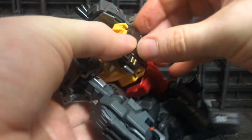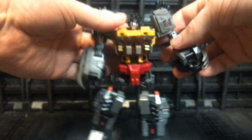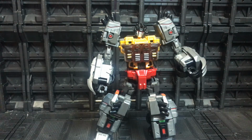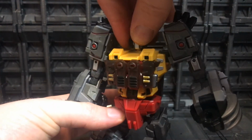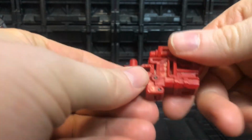Make sure this is tabbed in correctly. It's quite a small little tab that you have to get it into. There we go, tabbed in correctly now, and yeah, it just finishes off the look really nicely. Kind of a reddy brown plastic, but I think it fits the kind of industrial look that they're going for here. And we come to this bizarre kind of